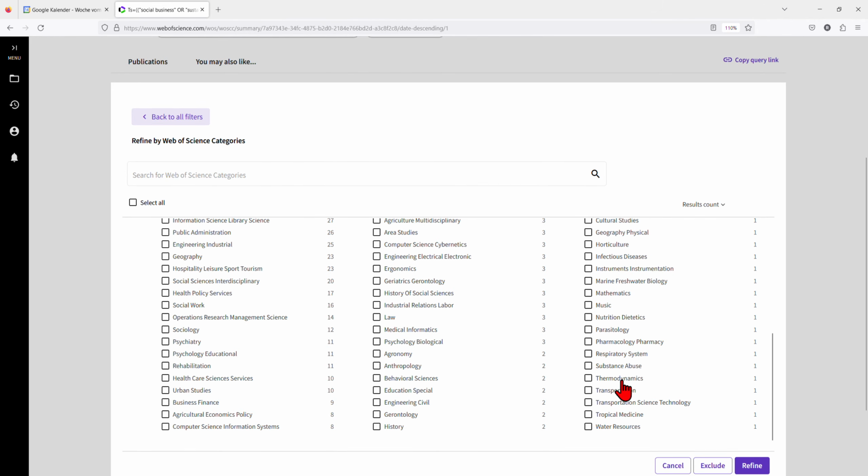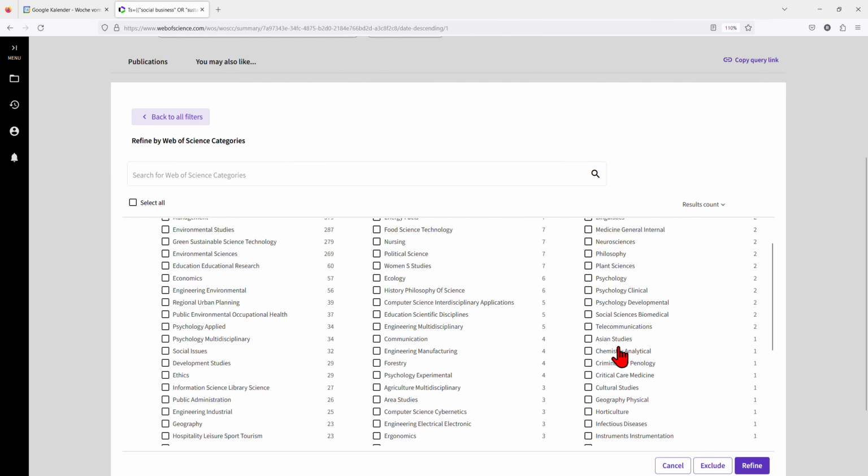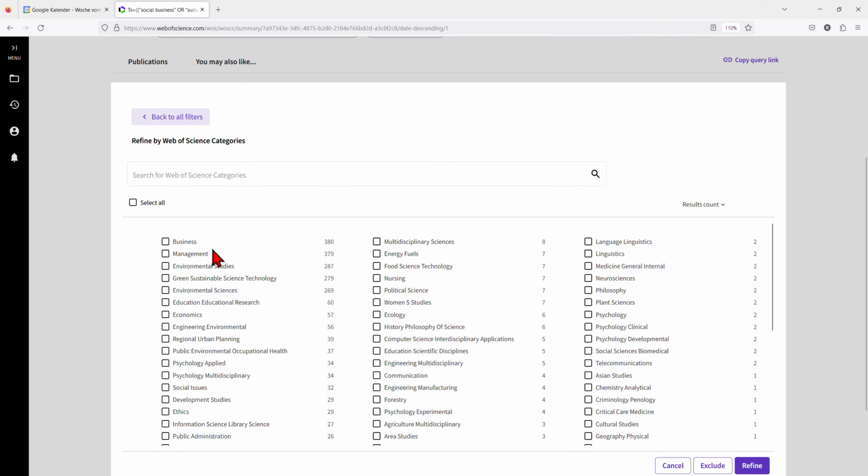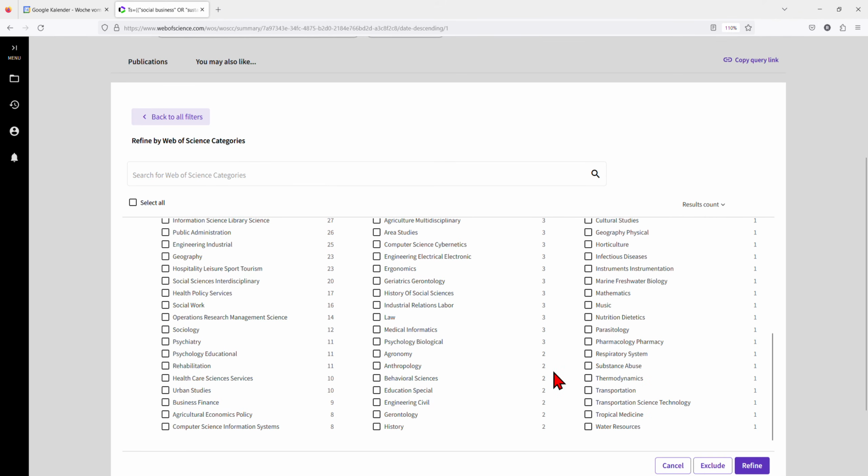And I know that that's not relevant for my topic, so you can either exclude these that are not relevant or restrict it to those that are relevant for your topic, so that you can get rid of some of the hits that you probably know are not relevant if you go for thermodynamics here,